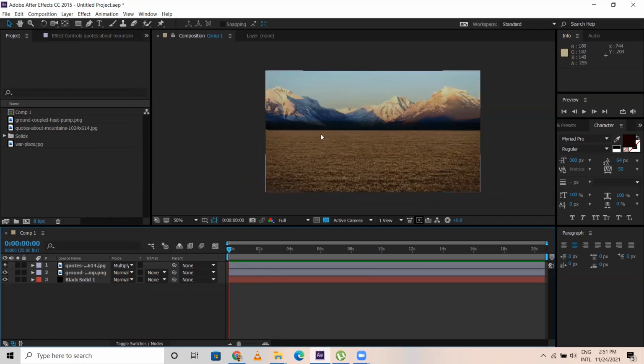So now the BG is ready, and this BG is customized one, which we have created by selecting multiple images and working here. One more thing.